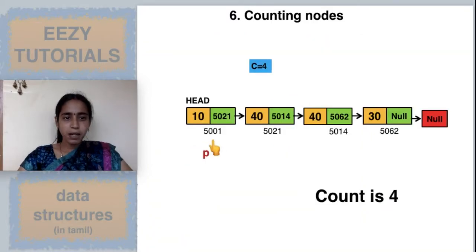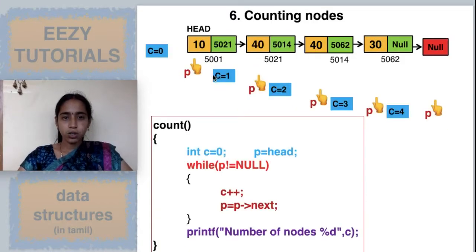So the same steps we are going to write as code. The first task is to initialize the counter variable C to 0 and pointer P to head. So int C is equal to 0. Then P we have already declared, as struct node star P, in the definition part itself. So P is equal to head. The first step is over.